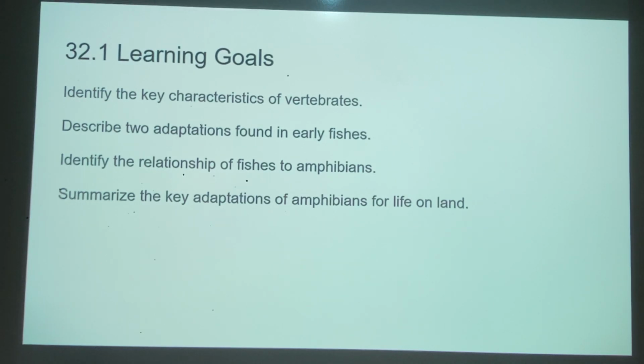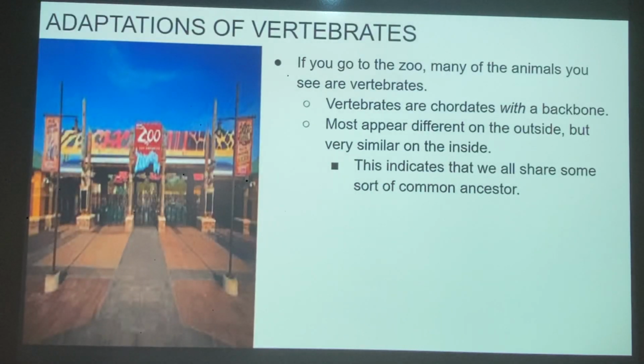We're going to start out talking about the fish. So hopefully you can talk about two adaptations found in early fishes. Again, this is all going to kind of reinforce what the video is talking about. Identify the relationship between fishes and amphibians, and then summarize key adaptations that the amphibians had to have to live on land. So let's just talk about, if you go to the zoo, many of the animals we see there